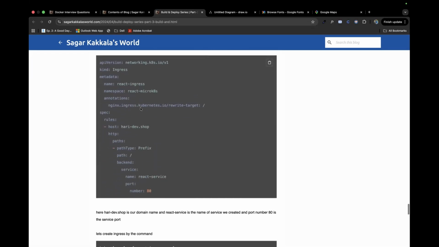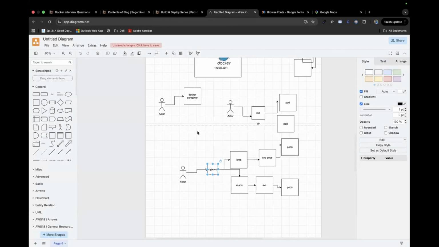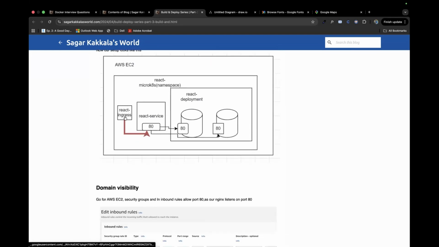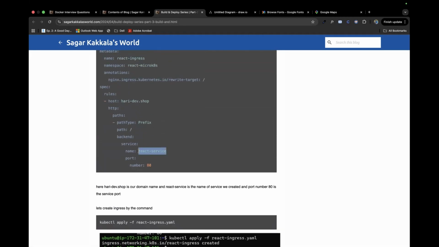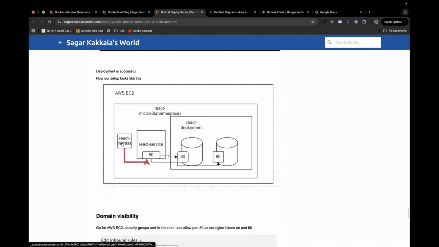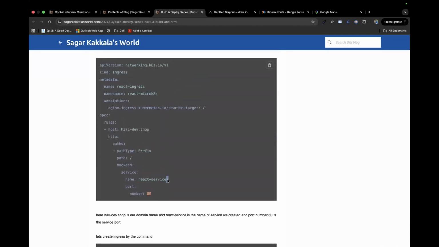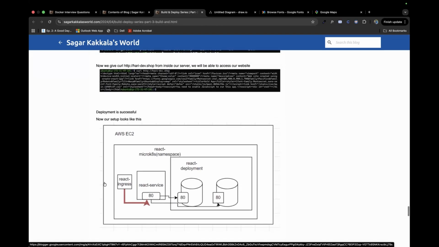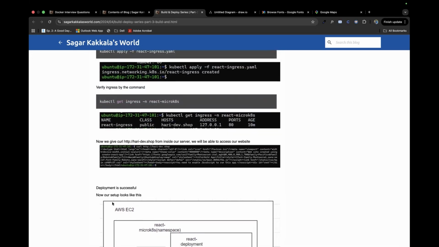And here, once ingress is up, let me go back here. So we're actually adding ingress here, and in ingress we are telling it to use the React service. As you could see, we used the service from ingress. Ingress doesn't have any port, but by default we navigated ingress to the React service, under port 80. This way you'll be able to access the application even when the user does not have access to my AWS EC2.